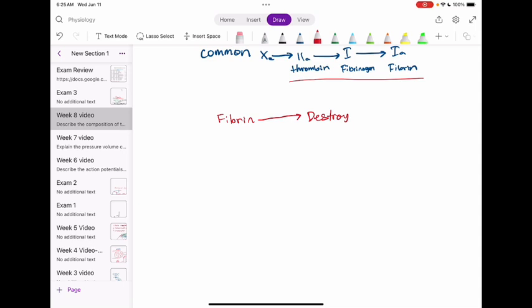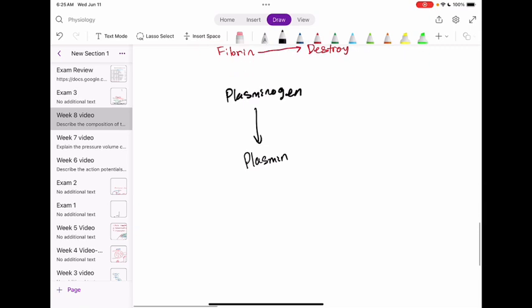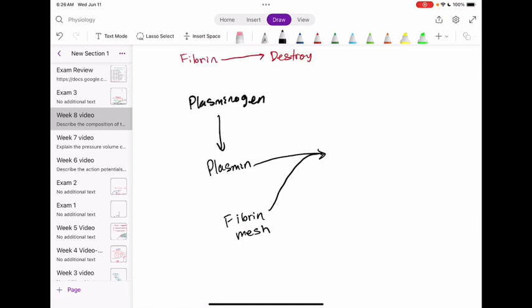And so what we have here is plasminogen goes to plasmin. So that fibrin mesh uses this TPA